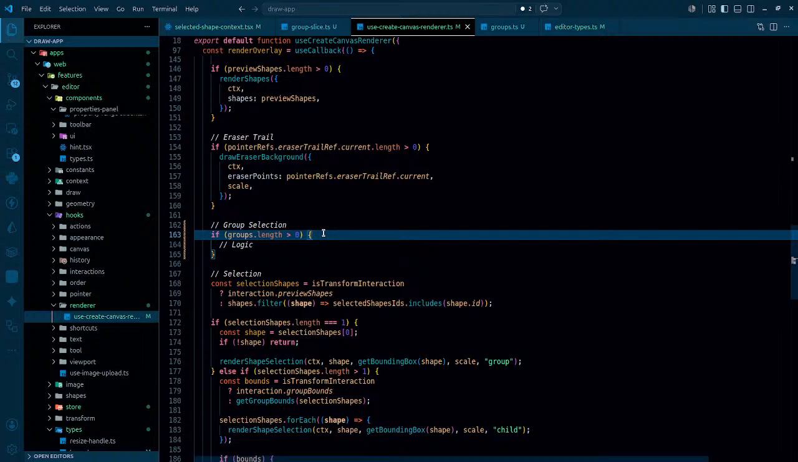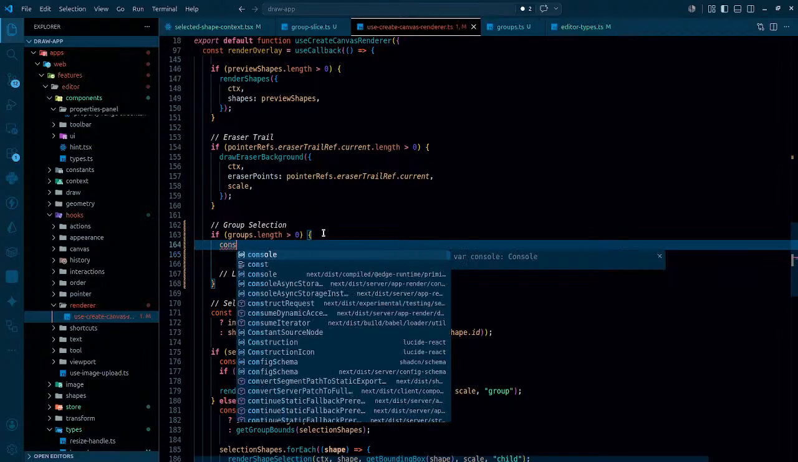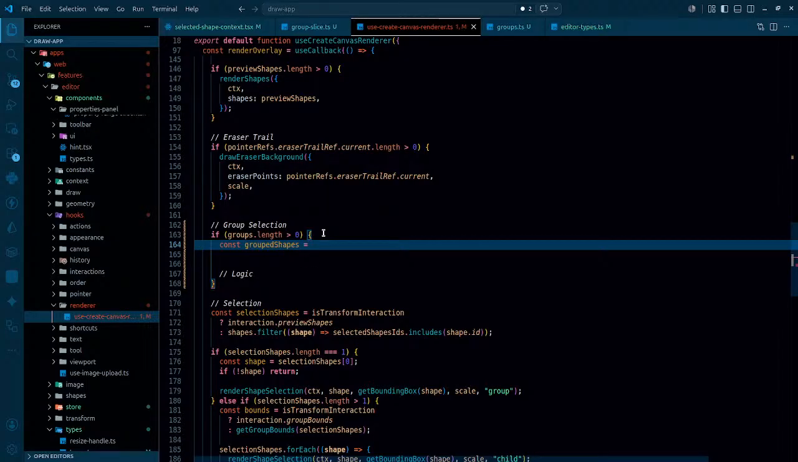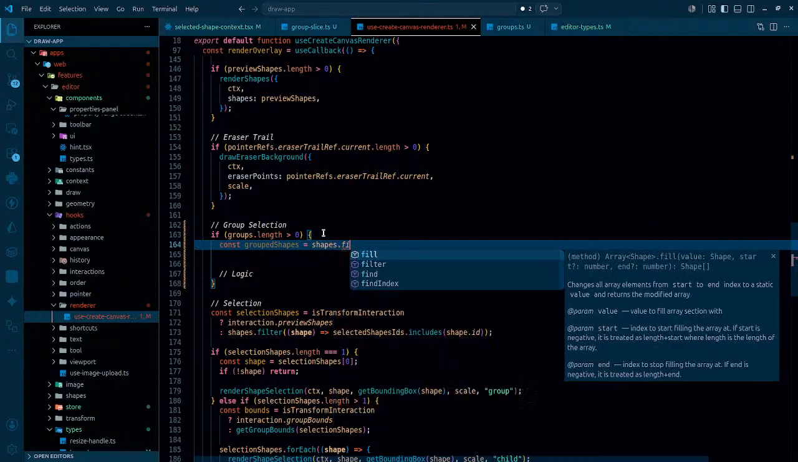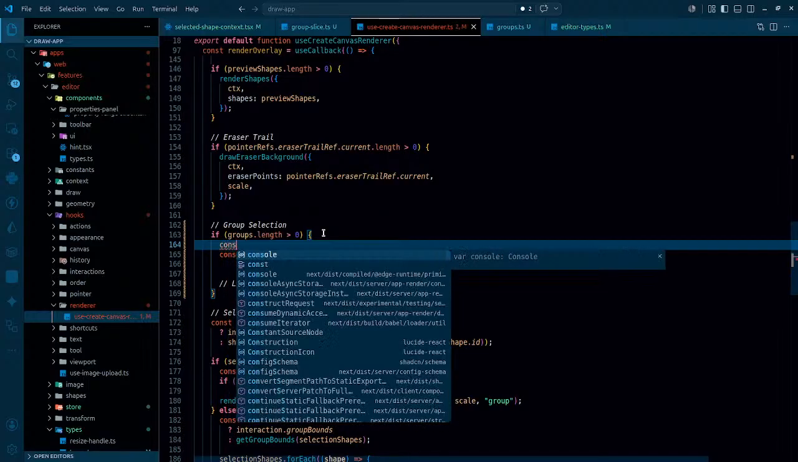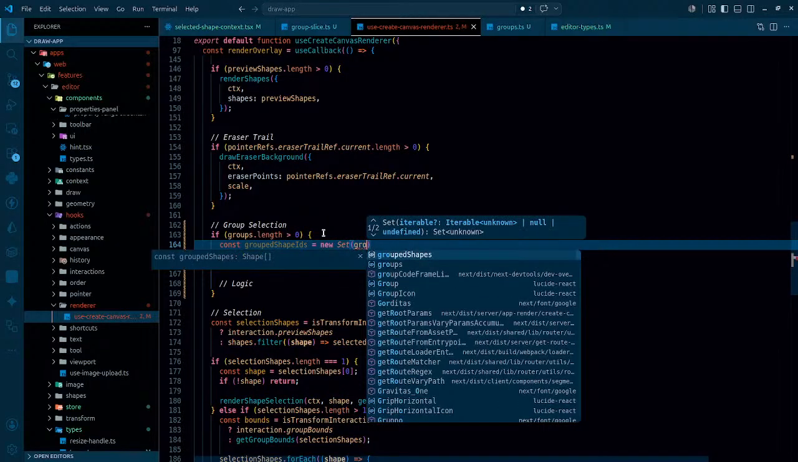Now when it comes to that logic, what do we need to do first? Logic wise, once we have the groups, now we need to get the selected shapes or grouped shapes. const groupedShapes, and they are gonna be shapes.filter. The group actually has the id each, so groupedShapeId is a new Set. Let's just simply use Set here. groups.shapes